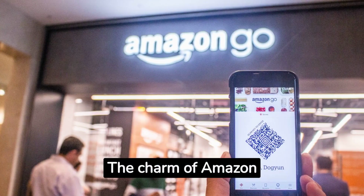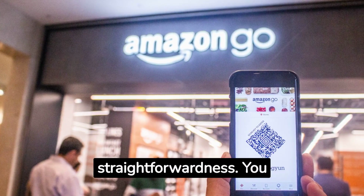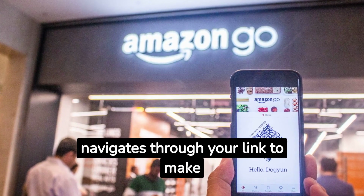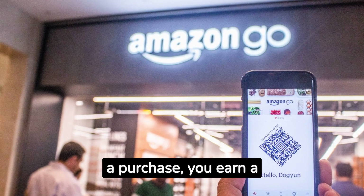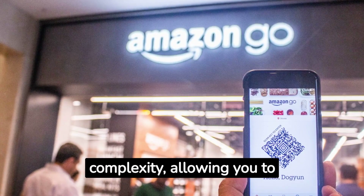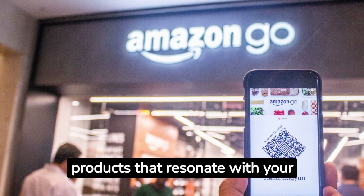The charm of Amazon Associates emanates from its straightforwardness. You simply share links to Amazon products, and when someone navigates through your link to make a purchase, you earn a commission. This straightforward model removes any complexity, allowing you to focus on selecting products that resonate with your audience